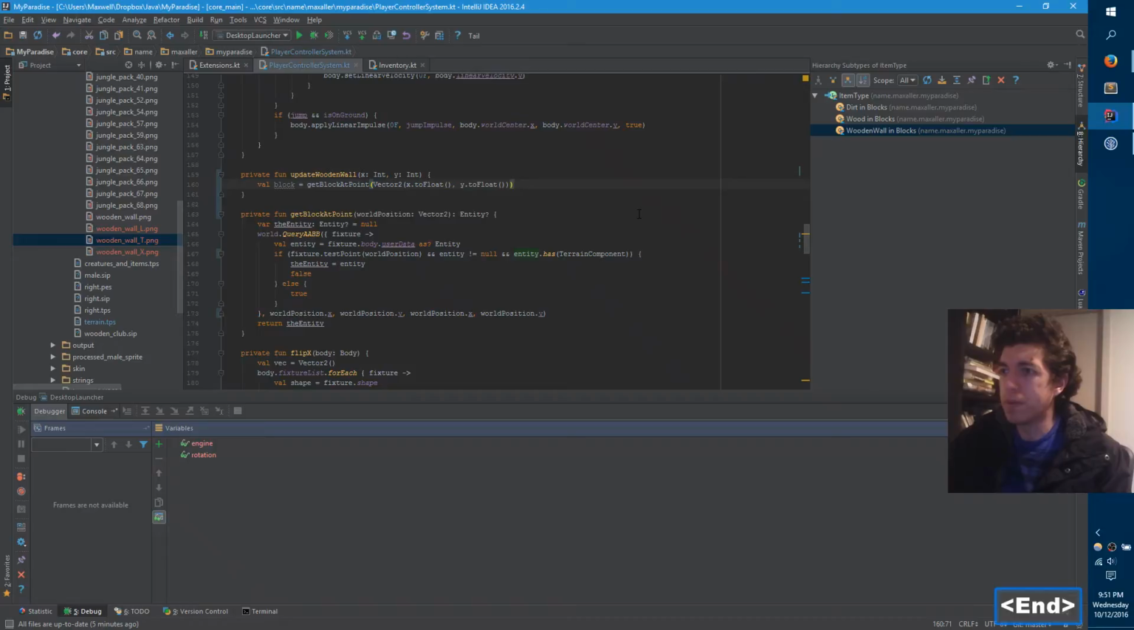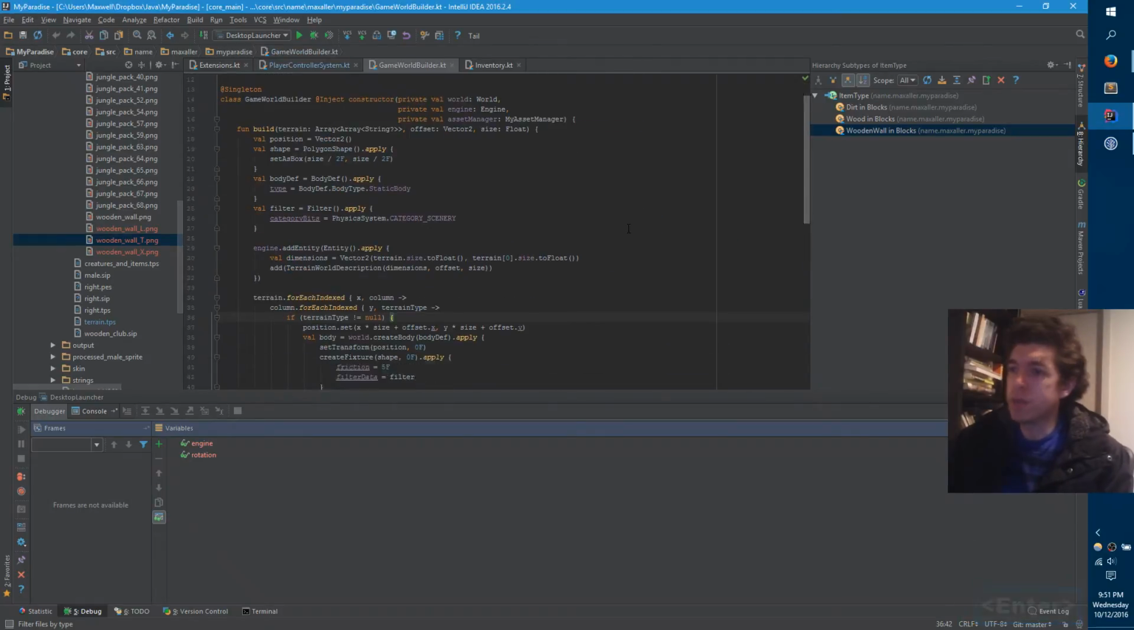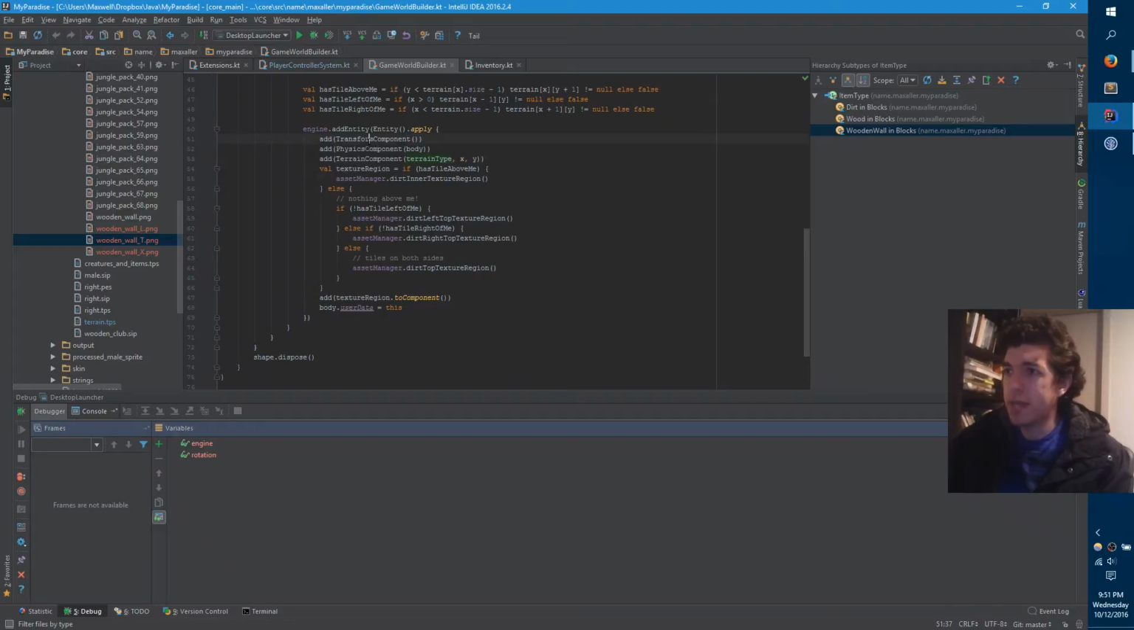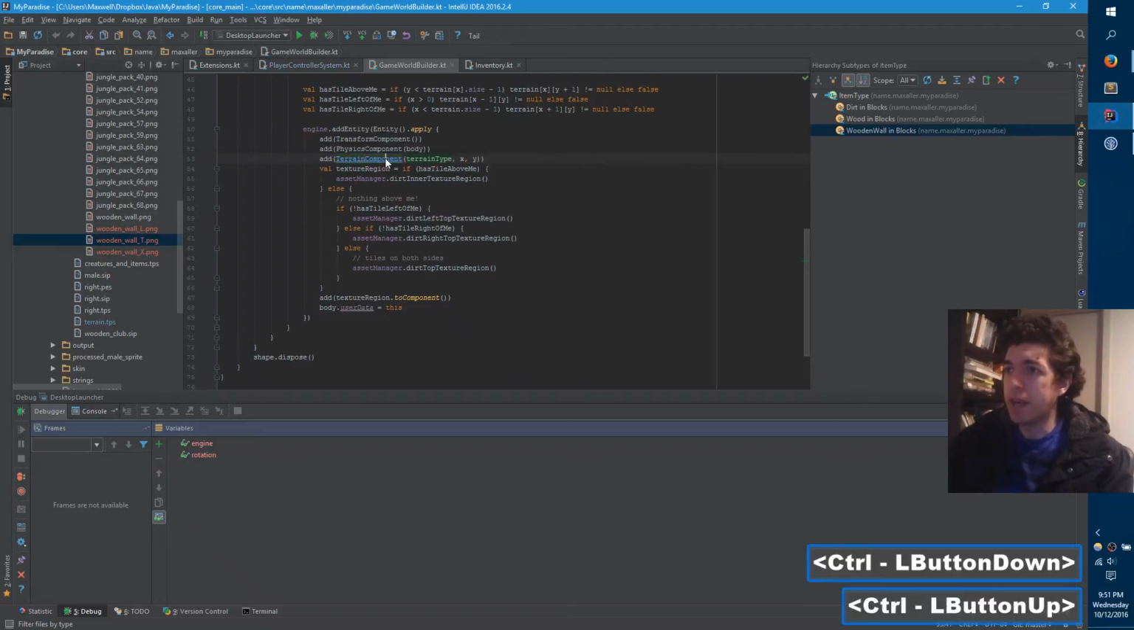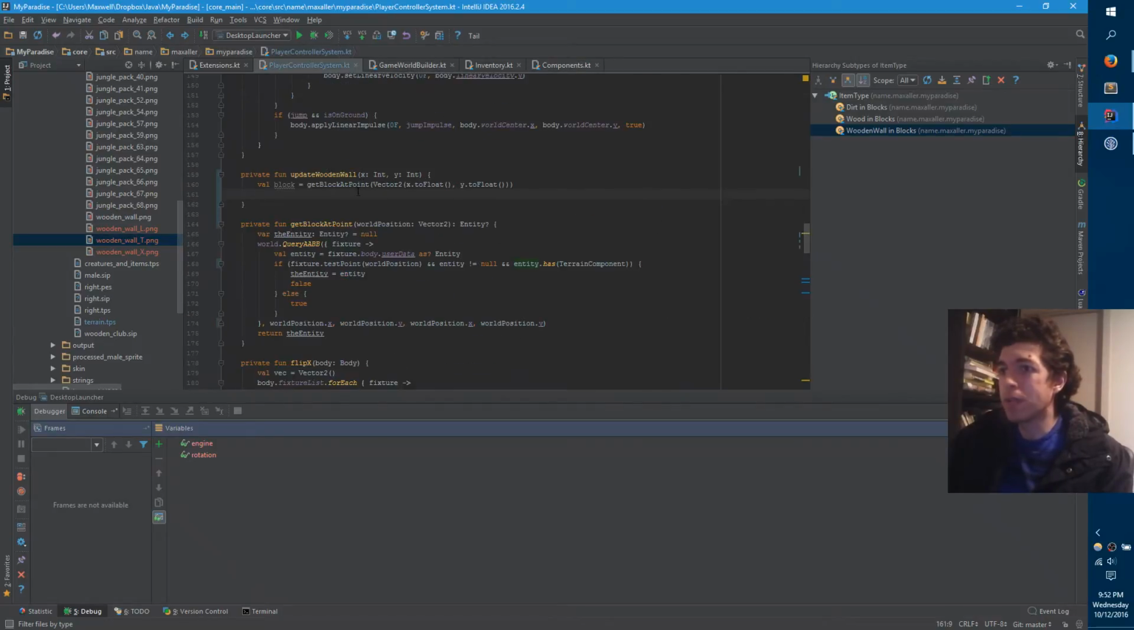Okay, so this returns the entity at the given point. And if you look at World Builder, this is what creates all those entities. It has a transform, a physics, a terrain component, and texture region. So the terrain component is going to be what we're interested in. The rest of these are sort of vague. The terrain component accepts a terrain type of type string, and again, this is going to be like wooden wall. So let's say terrain type equals,